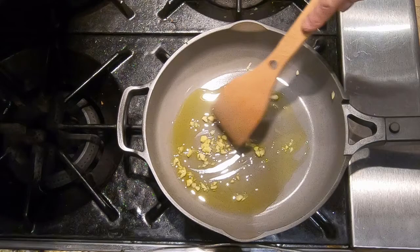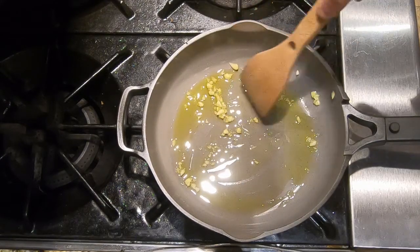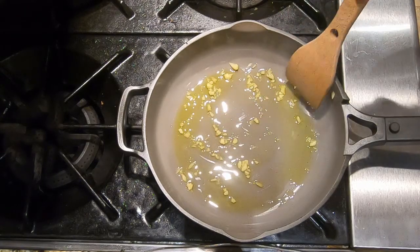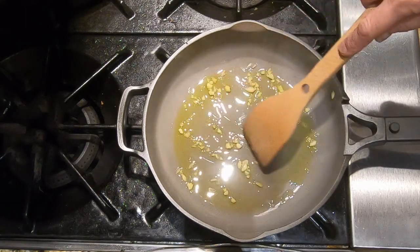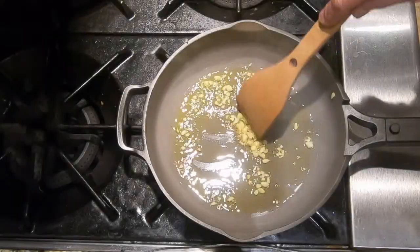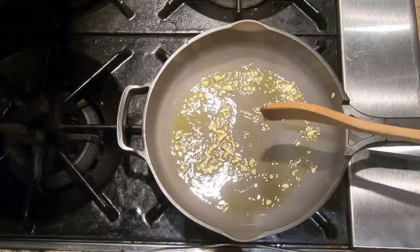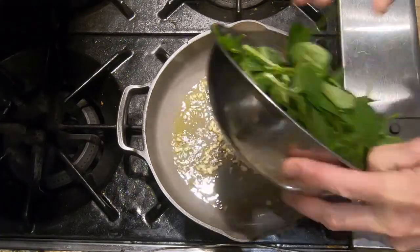So this is cold oil. We're starting with cold oil, so you know, it will not start to sizzle when you put it in the pan. It will take a little while for it to start to cook. Okay, the garlic is just starting to take on a little color. So now we're going to add the spinach